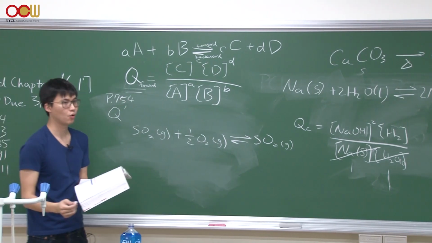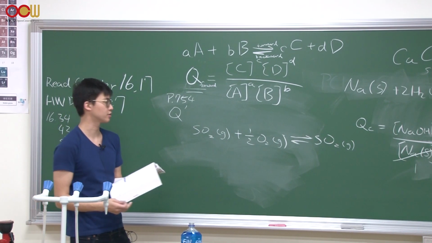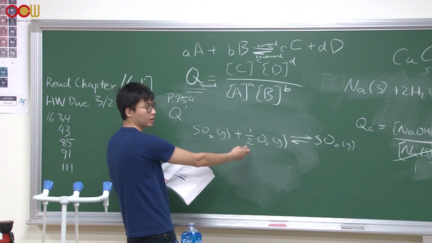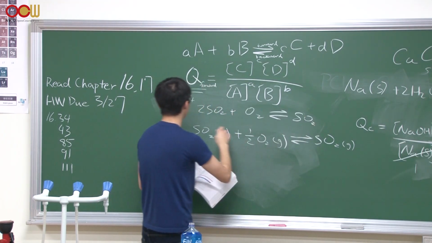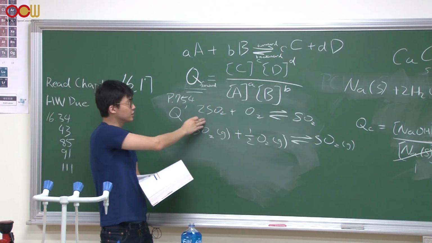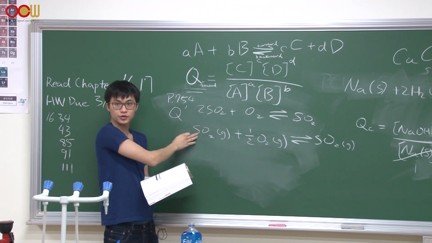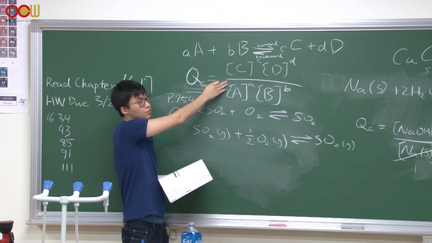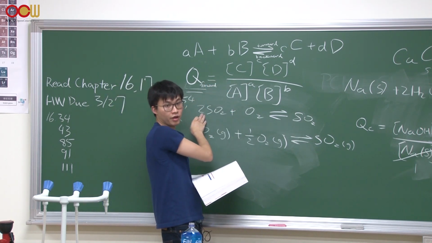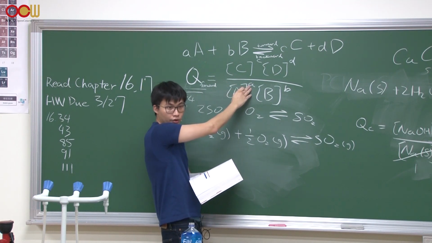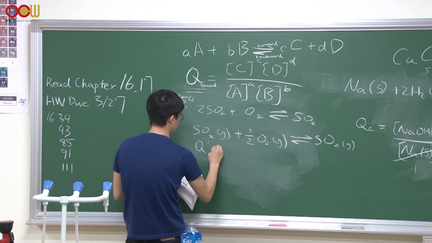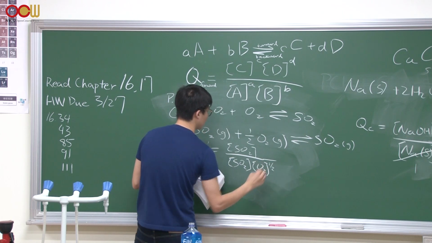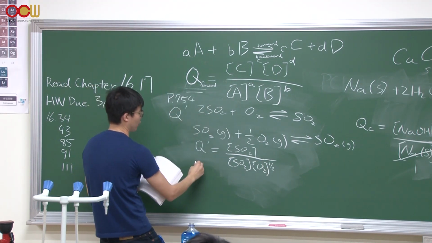First we check what phase they are in. They are in gas, so that's great. If it's not bad for someone with a balanced equation, you will write your Q differently. When you see an equation like this versus an equation like this, the way you write Q will be very different, right? If we follow this rule, we will simply put whatever is in front up here. So how would I write down this equation? And in this case, your Q